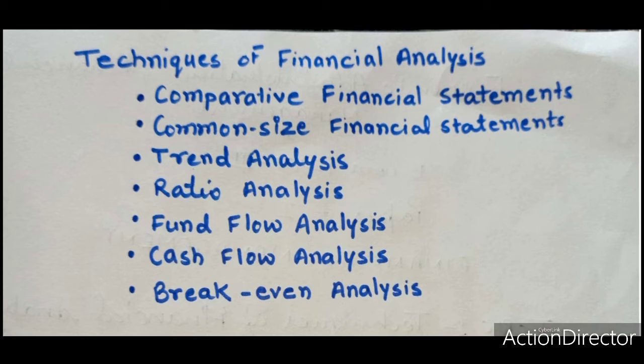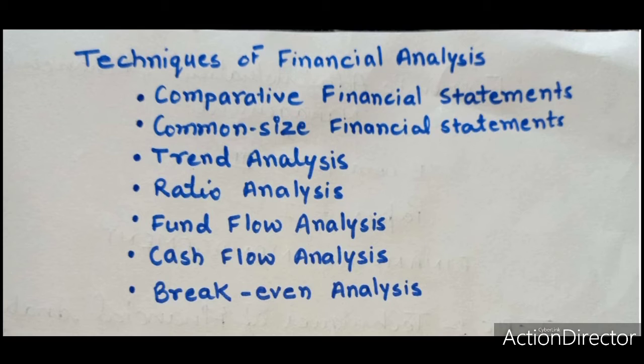Now, the second financial technique is common size financial statements. Financial statements that depict financial data in the shape of vertical percentages are known as common size statements. In such statements, all figures are converted to a common unit by expressing them as a percentage of a key figure in the statement. The total of the financial statement is reduced to 100 and each item is shown as a component of the whole.